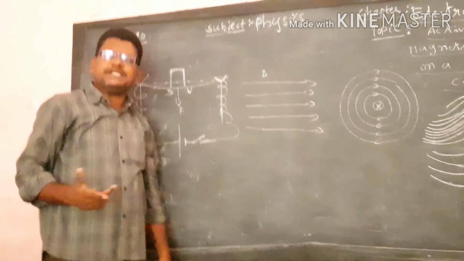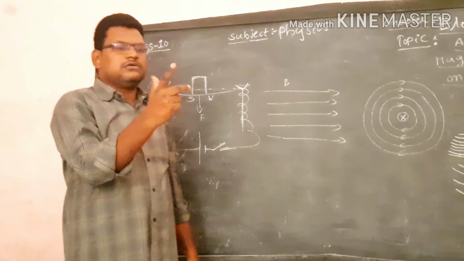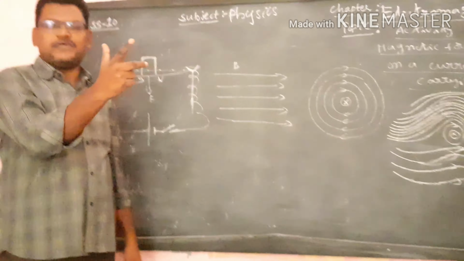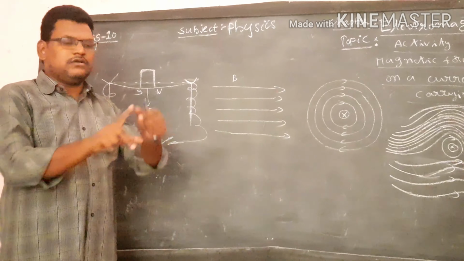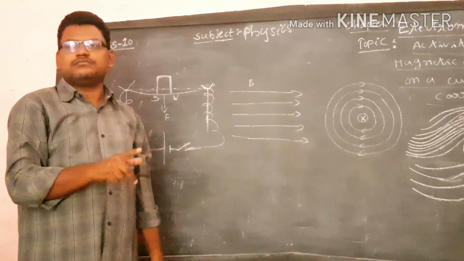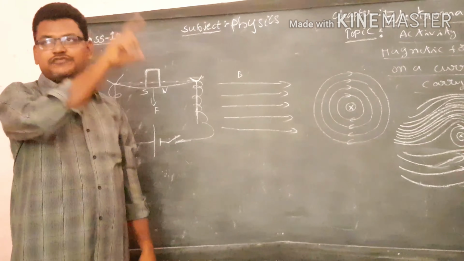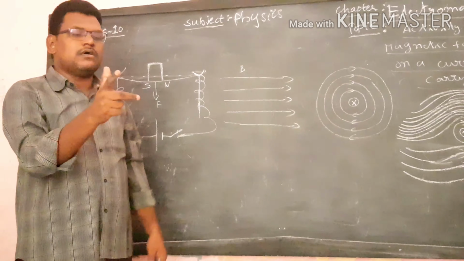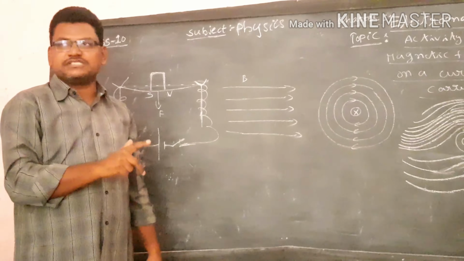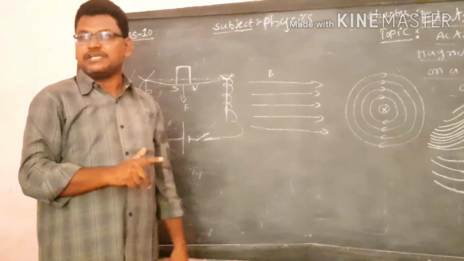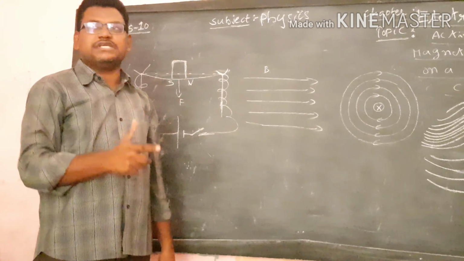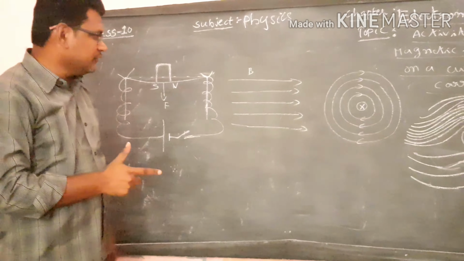In Fleming's right hand rule, we stretch three fingers of our right hand in this way. The forefinger represents the direction of the current, or else the direction of motion of a positive charge, the middle finger represents the direction of the magnetic field, and the thumb represents the direction of the magnetic force.